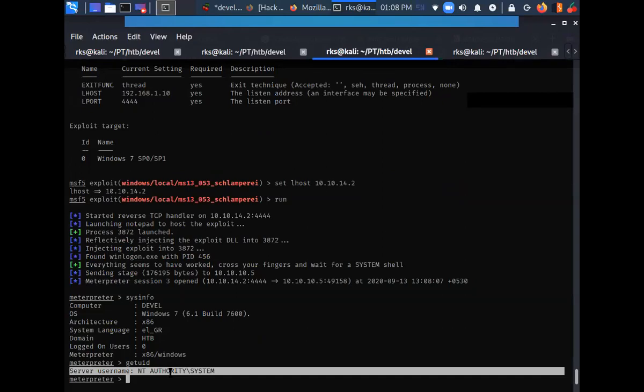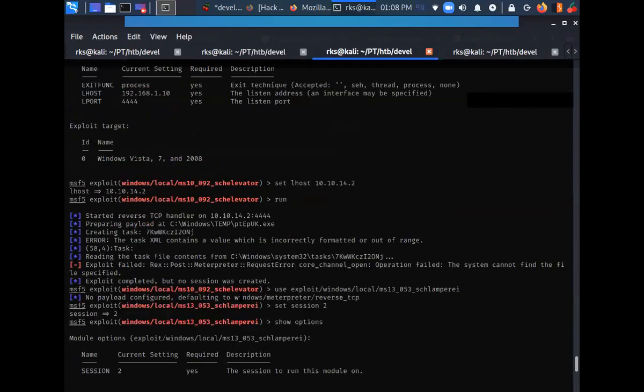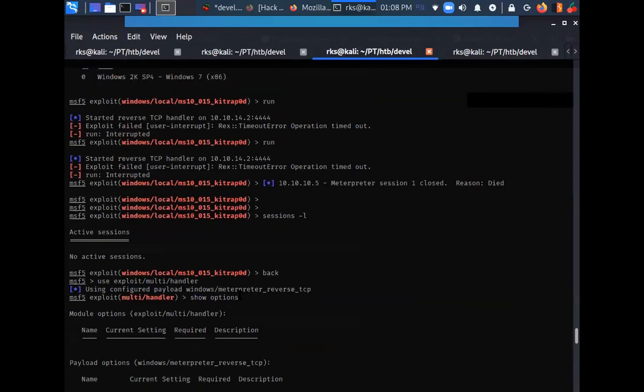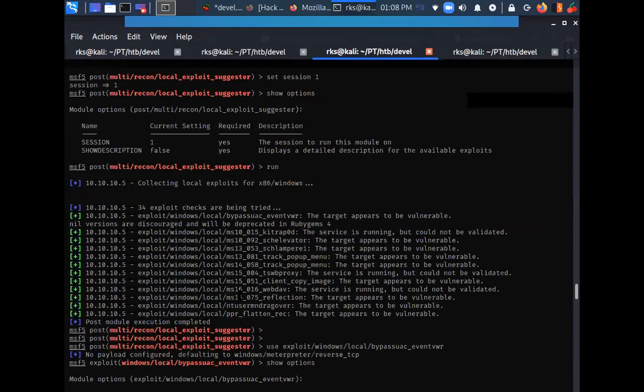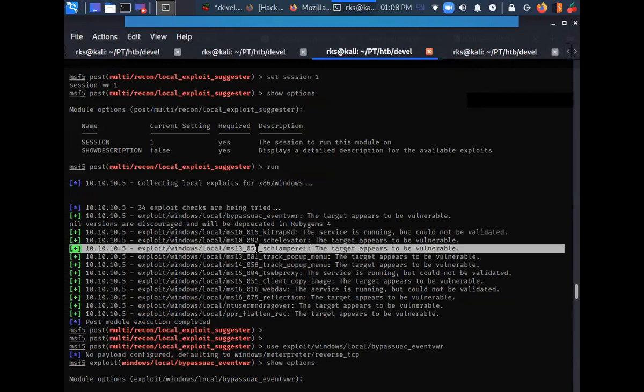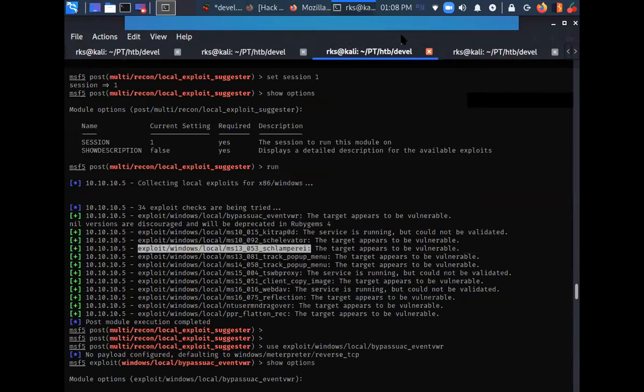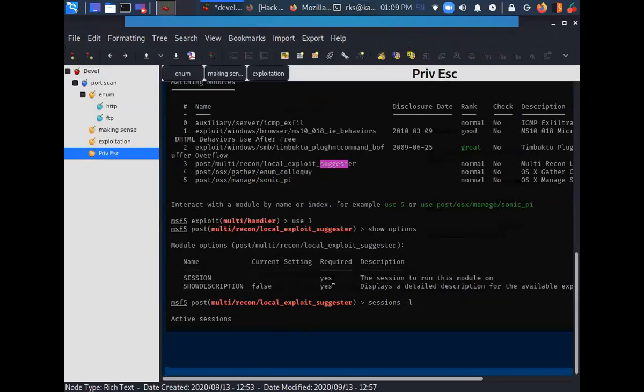Okay. So let's take a note of it. Let's go here. And now we know that this one worked. So let's just highlight it. What was the last step that we documented?